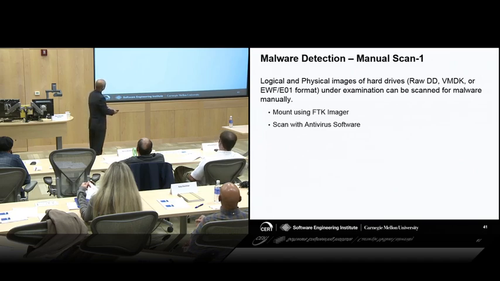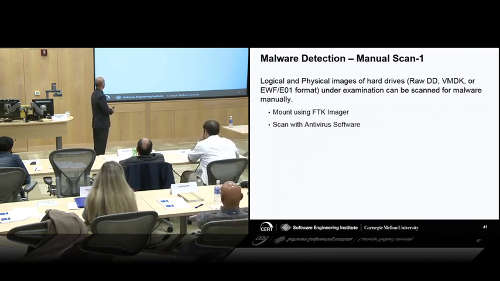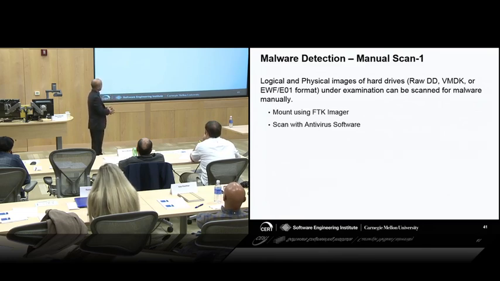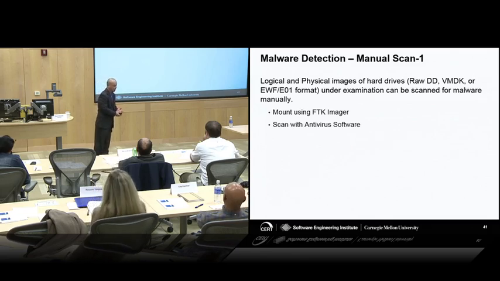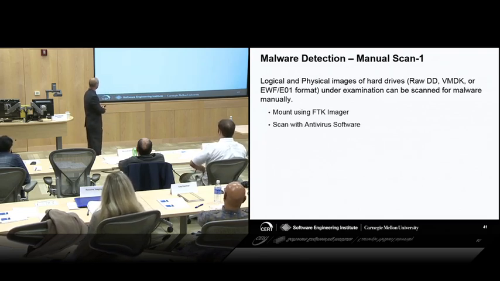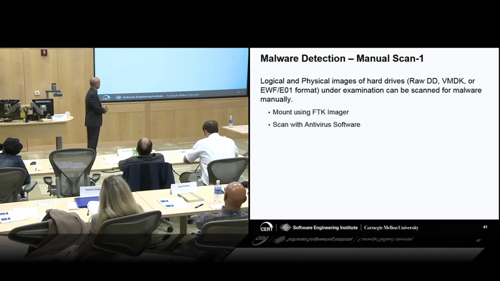So you can do manual scanning. Pretty much what you do is you mount the images in something like an FTK Imager or EnCase imager. There's a few others out there that you can mount. They can be the raw DD format, the VMDK. A disk from a virtual machine can be mounted. And they also use the EWF or E01 format. And then once you mount it, it'll show up